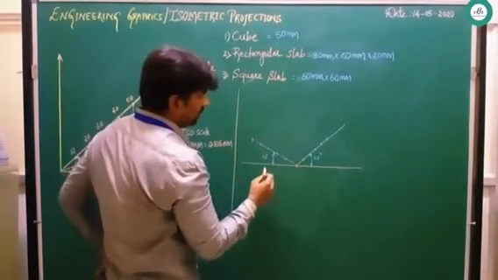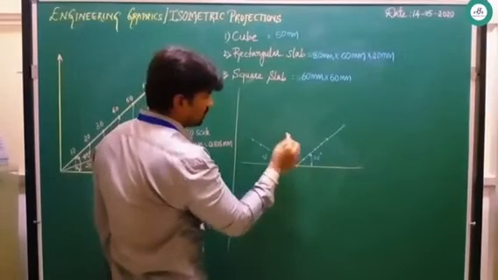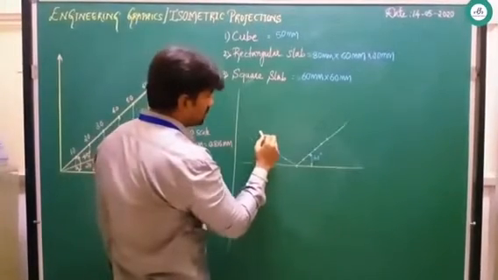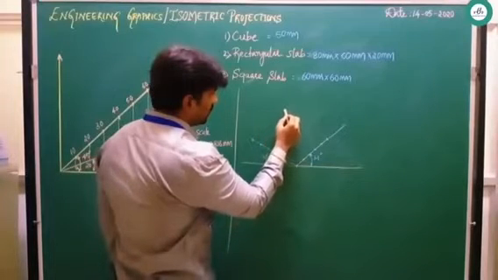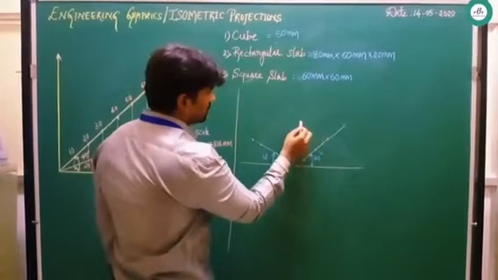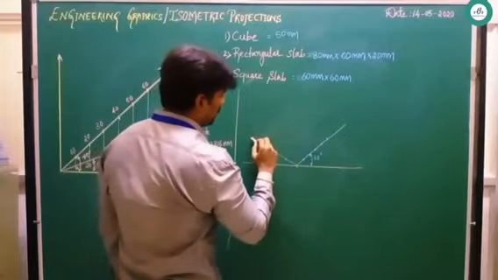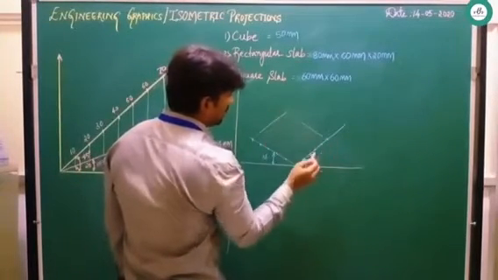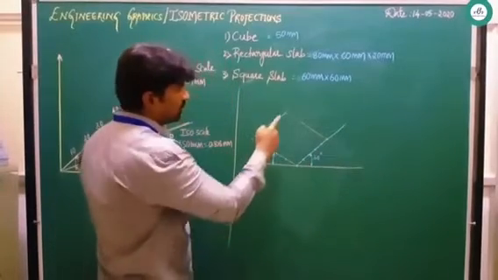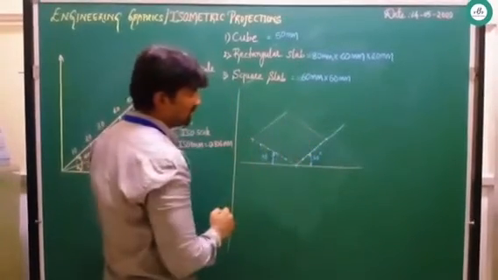After drawing this, since you are solving on a grid, you can start counting to the right side also: iso 10, 20, 30, 40, 50, and from this side it meets a common point. Then you can join this with a thin line. After drawing this, you will get the base part.